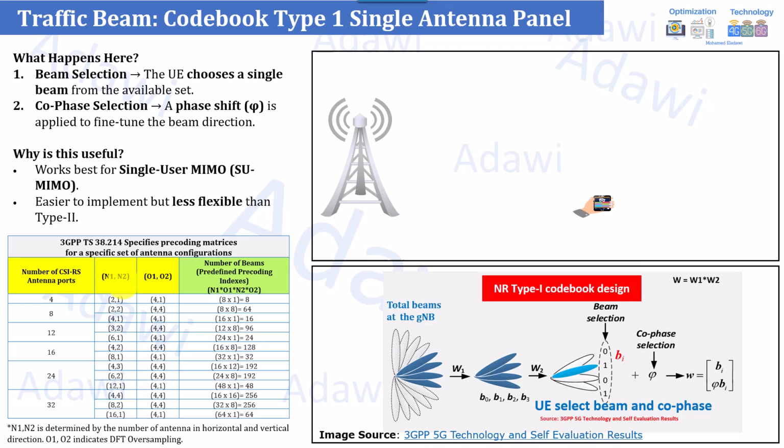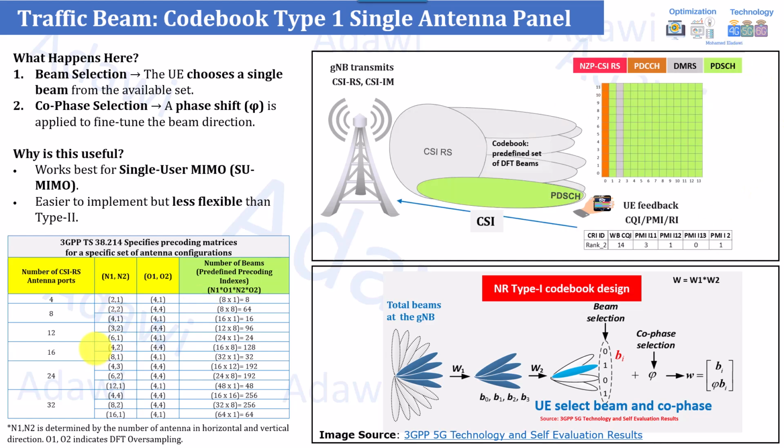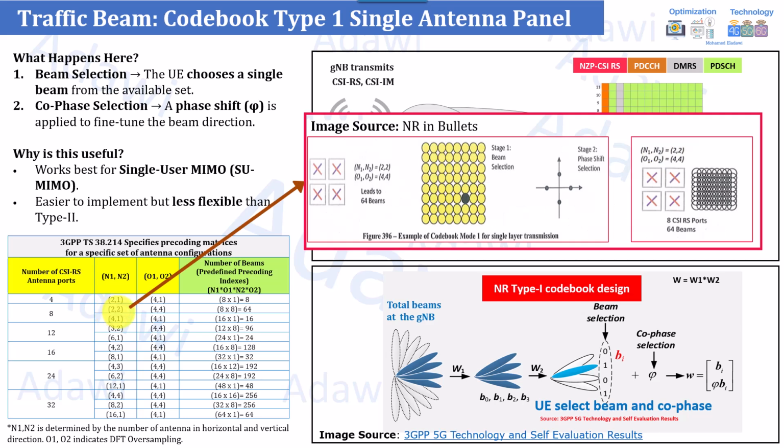Let me give an example. N1 and N2 determine the number of antennas in the horizontal and vertical plane. For example, here you are telling it that I need to have two antennas in the horizontal plane and one in the vertical plane. And the second one here is 2, 2. It shows that you will have 2 in the horizontal and 2 in the vertical plane as well. This can give more advantage whenever you would like to improve the vertical, for example, for high-rise buildings or whatever. So you can go for the second configuration, because it gives more advantage to the